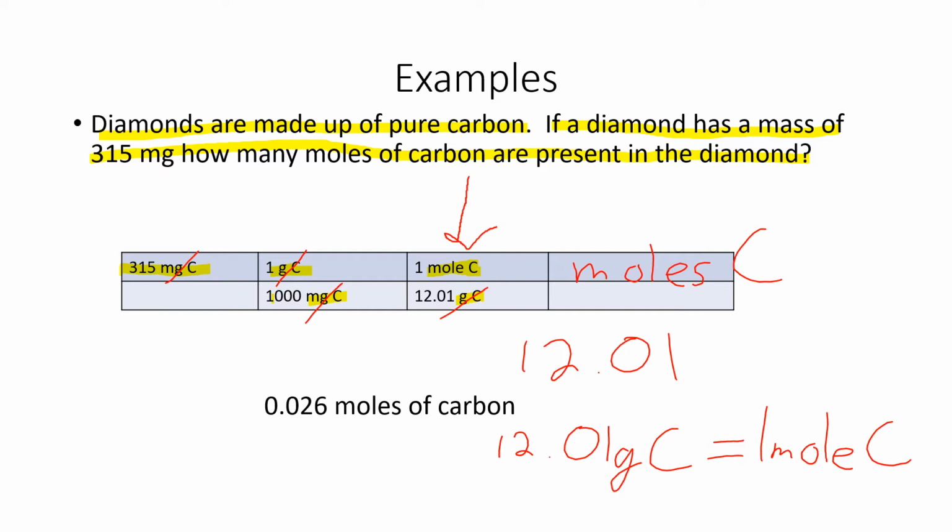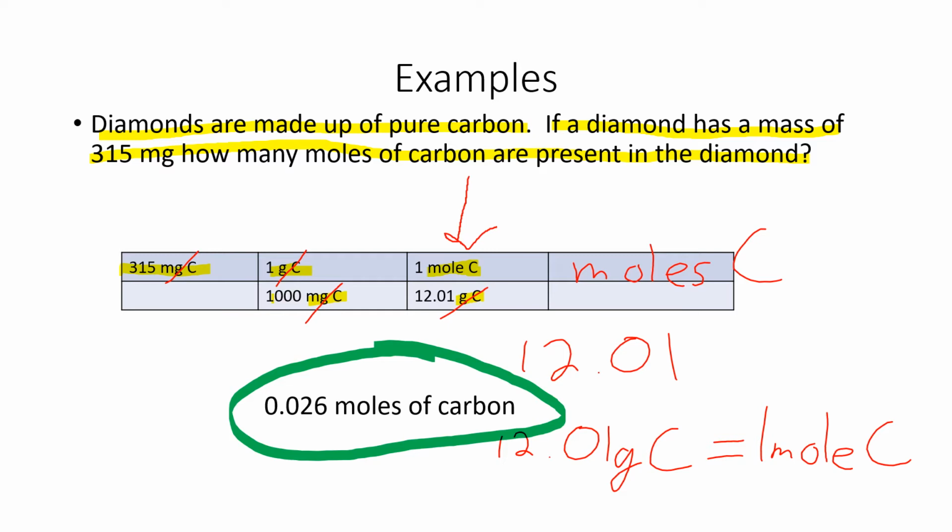Well, now that we have that, what do we have in the numerator? 315 divided by 1,000 divided by 12.01. Calculation works the same way in any dimensional analysis problem. Numerators are multiplication, denominators are division. So we would key this in as 315 divided by 1,000 divided by 12.01. And when you do that, you would get your final answer,